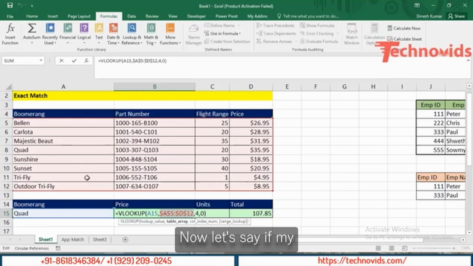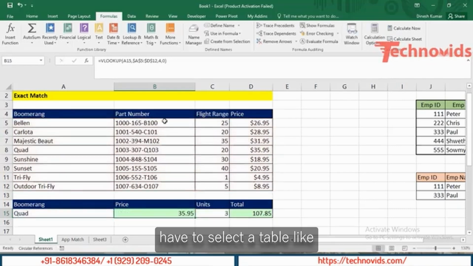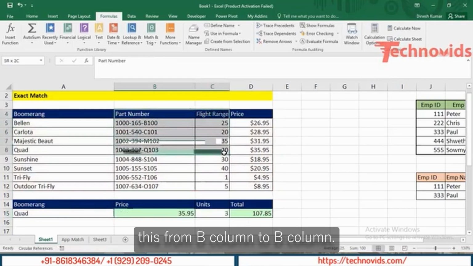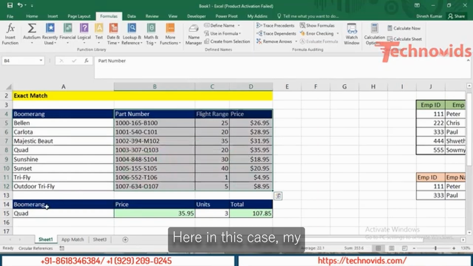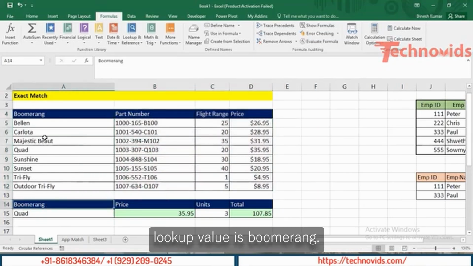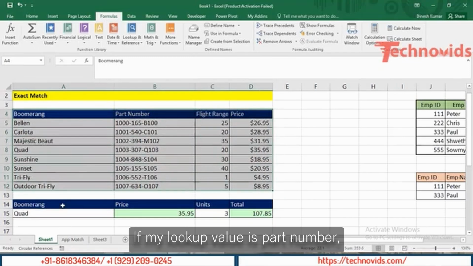Now let's say my lookup value is part number. Then I'll have to select a table from B column to D column. Here in this case, my lookup value is boomerang, so I'm just selecting the entire database like this. If my lookup value is part number,